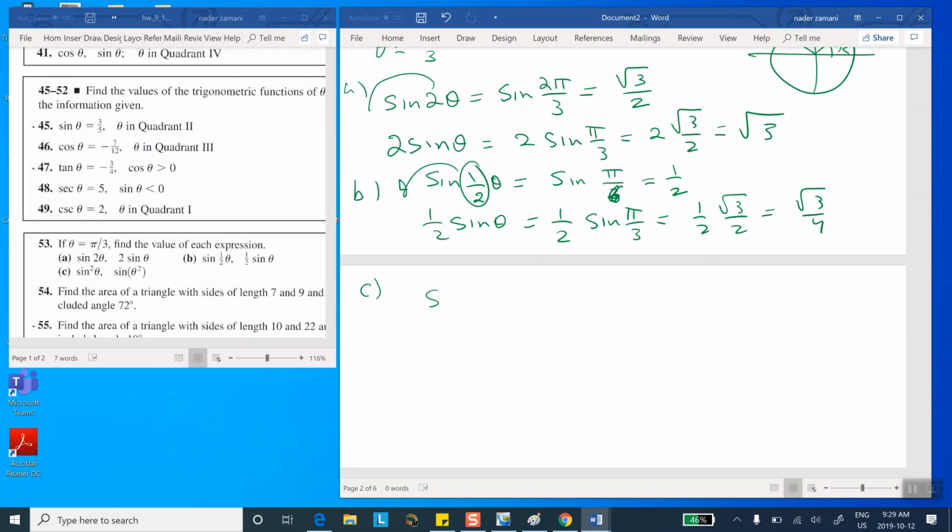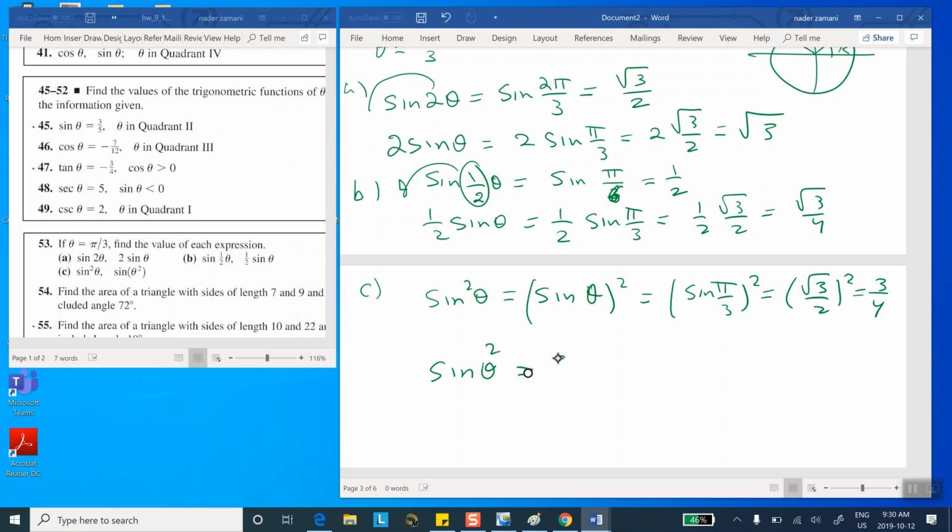C, sine squared theta means sine of theta squared, that's what it means. That means sine of pi over 3 quantity squared, or root 3 over 2 squared, or 3 over 4. And sine of theta squared means sine of pi over 3 quantity squared, and this means sine of pi squared over 9. This is not one of our standard angles, so the only way is to figure it out with